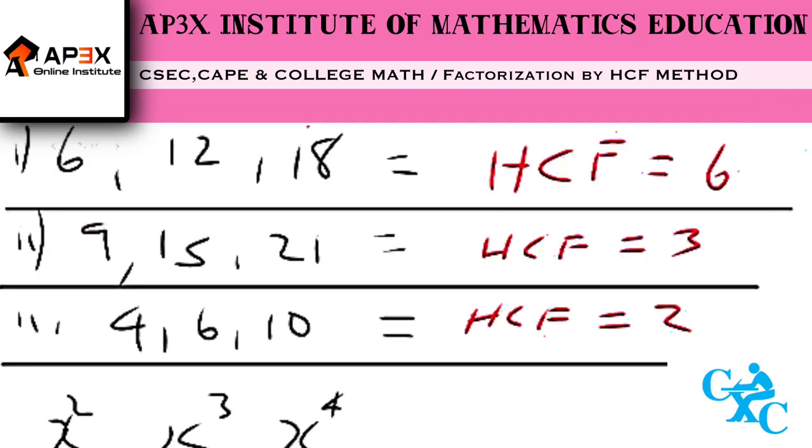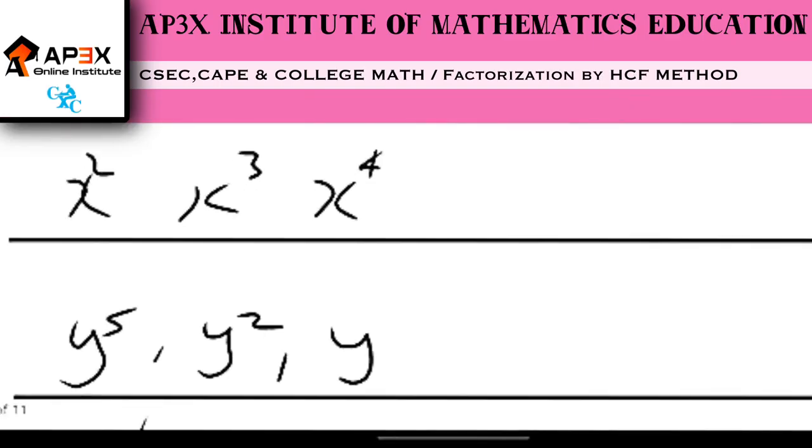Alright, so numerically then, that's just a quick little reminder of something that you guys should already know. Now, here's where it gets a little bit tricky when it comes to finding the HCF, is when it's now written in an algebraic form, a variable form. Now, it's actually simpler than what you guys may be thinking, where the HCF is quite easy to find when it comes to an algebraic expression, because the algebraic expression with the lowest power has to be